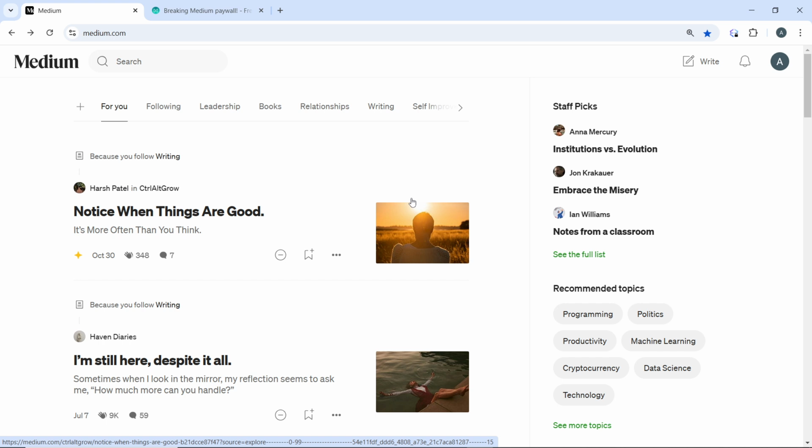Then you also have to write engaging and shareable content. Make it easy to read, please. So break your content into short paragraphs and use lists, bullet points, and images to improve readability. Tell stories. People connect with stories, so try to weave personal anecdotes, experiences, or case studies into your posts.